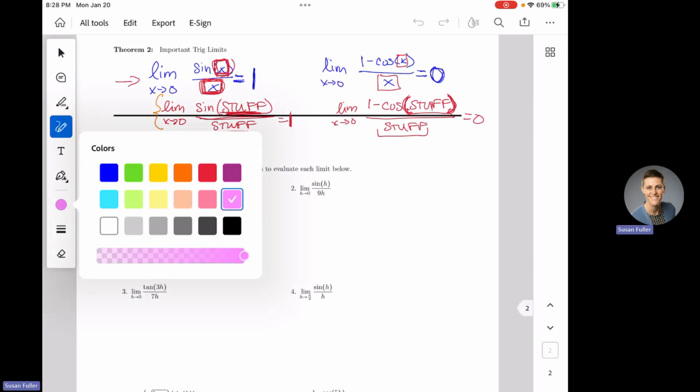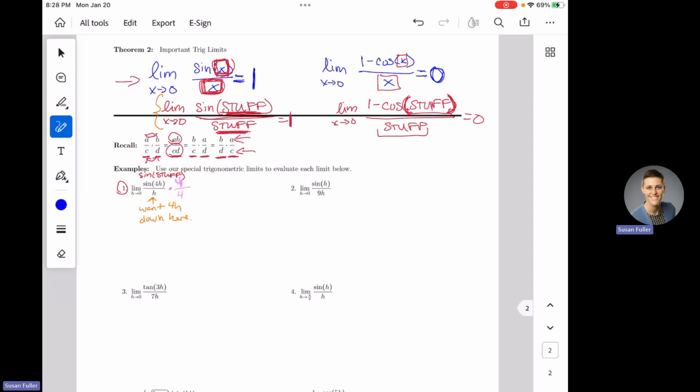Okay, so now what? Now I'm going to multiply across and I'm going to reorganize a little bit. Take the journey here with me for just a second. I'm going to show you what I want. I'm going to move this 4 over here so that I have the sine of 4h over 4h, because that's what I want. Now the stuff inside my sine matches the stuff on the bottom. That's what I wanted this to look like. But I still have this 4 hanging out on top. So I am just going to leave it over here. And since I moved this 4 over with the h, I just have a 1 down here because I moved the 4 over.